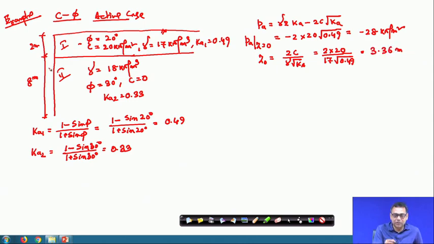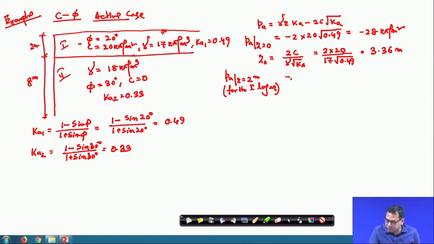But the first layer is 2 meter. Okay. So, Z0 will not cross this layer. So, now let me calculate the other stresses also. Now, the PA at Z equal to 2 meter for the first layer. As I mentioned, if we have two different layers, we have to calculate the stress at the interface of these two layers for the first layer as well as the second layer.